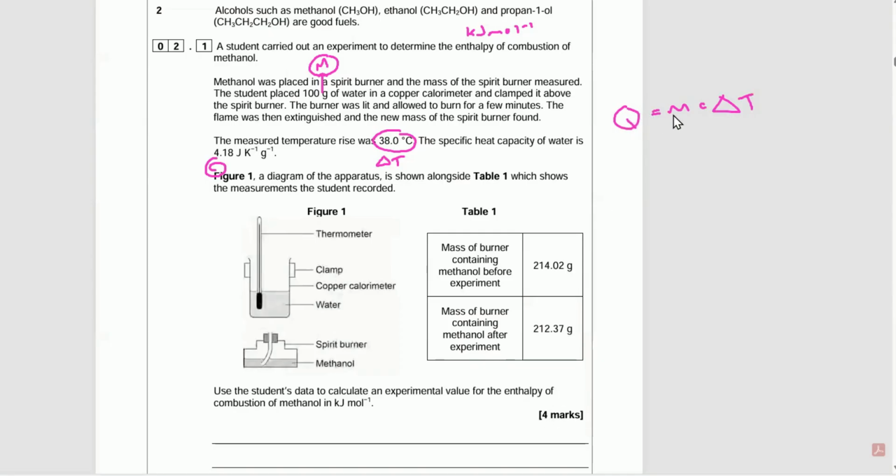So what we need to do is the mass times the specific heat capacity times the temperature change. And they've given all of those straight off the bat right here. Look, 100 grams of water. It's actually the mass of water that the m stands for. So we want to do 100 times c, specific heat capacity, of 4.18. So we're going to go 100 times 4.18, and then we're going to times it by the temperature change. Sometimes they give you the initial and the final temperature, or sometimes you've got to work out the initial or final temperature. But here they're giving us the actual change for us, so it simplifies things. So we just want to do 100 times 4.18 times 38, and that is going to give us